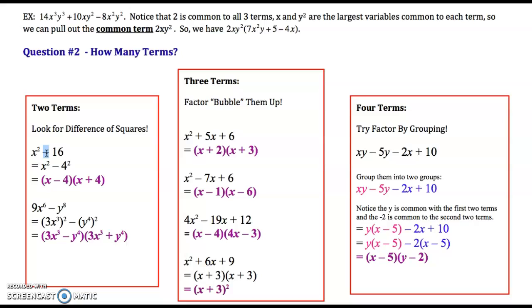And we factor difference of squares really quickly. You immediately put 2 bubbles down. In the first part of each bubble, you put the square root of this. The square root of x squared is x. The square root of x squared is x. The square root of 16 is 4. The square root of 16 is 4. And then what you do is in the middle, you put